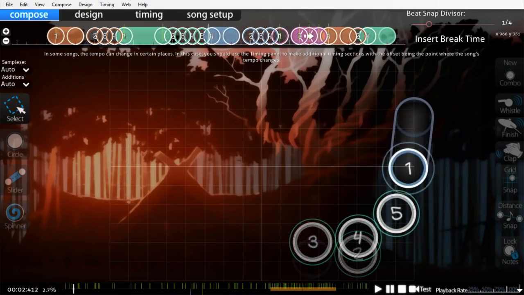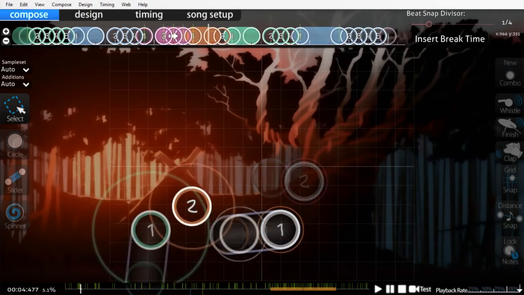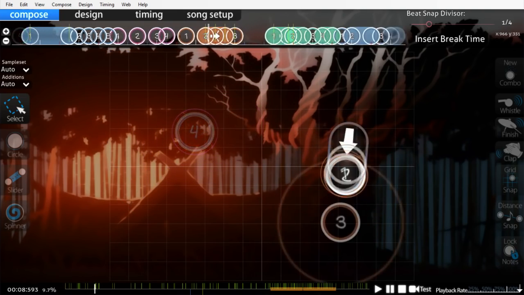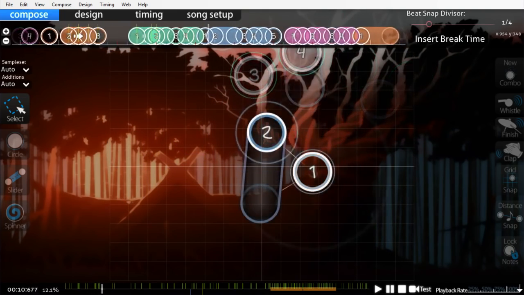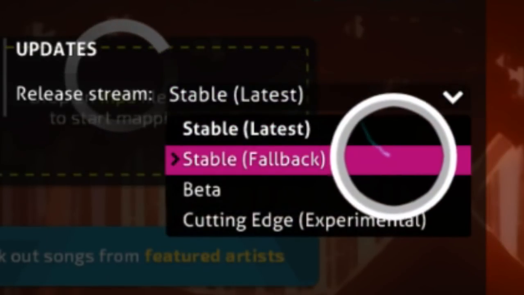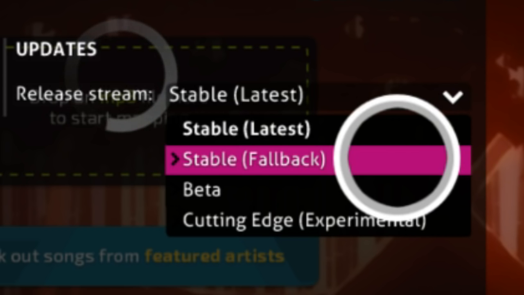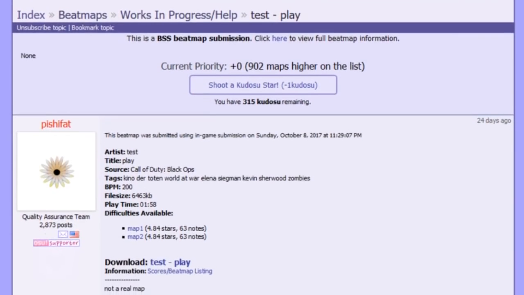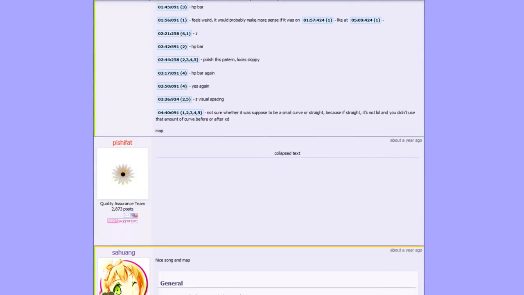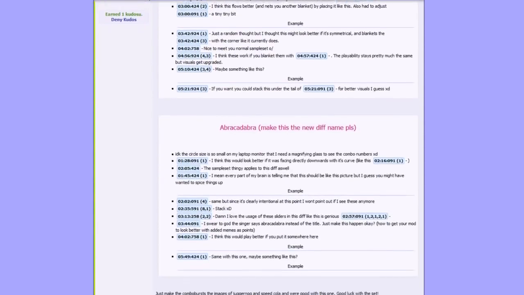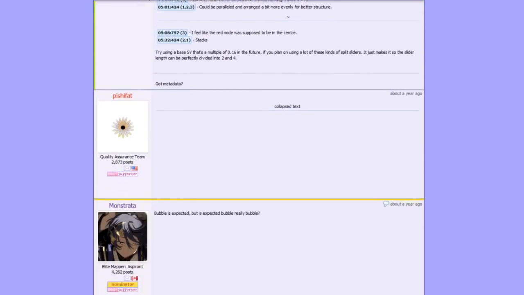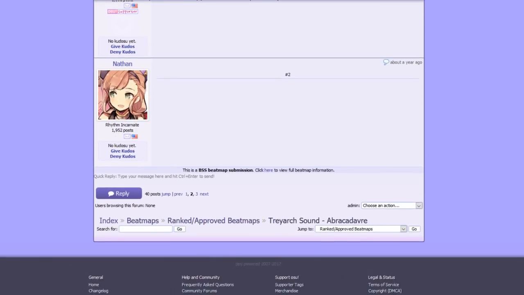So, say you've just finished your wonderful map and now you want to get it ranked for the world to enjoy. For the first time since I've joined osu!, there's now slightly different paths you can take to do that depending on what client you use to upload the map. While using the stable fallback release build, uploading maps stores it on the osu! website and directs you to a new forum thread specific to your map. This is pretty much where everything about the ranking process for your map will be documented, and while the forum may not be the most prominent way future maps will be ranked, it's worth knowing how it works for the sake of comparison. You'll know why in a bit.